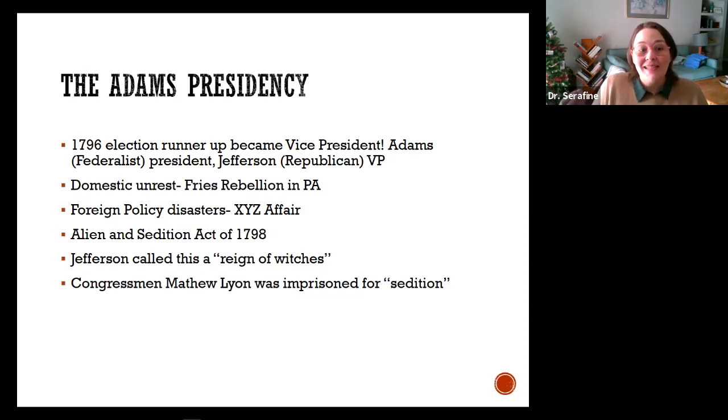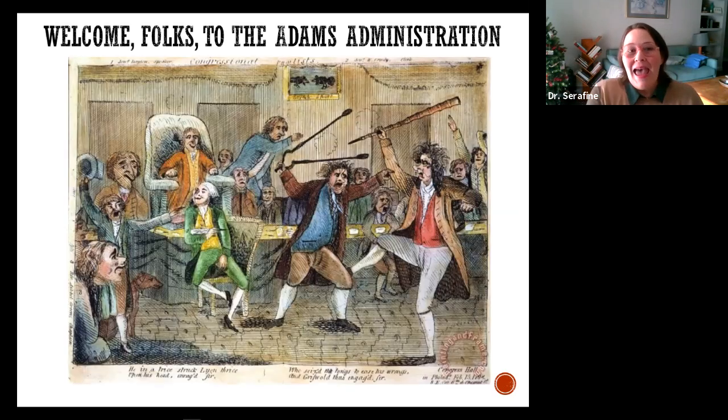And the biggest crisis, it's not even a crisis, it's self-made, but the biggest crisis, and it's a constitutional crisis during the Adams presidency, is the Alien and Sedition Acts of 1798. Adams is upset that the press prints critical things about him. That's it. The press is critical of Adams, and Adams doesn't like it. And being a newspaper editor is one of the ways that you enter politics. So some of the newspapers that are criticizing Adams are owned by congressmen like Matthew Lyon.